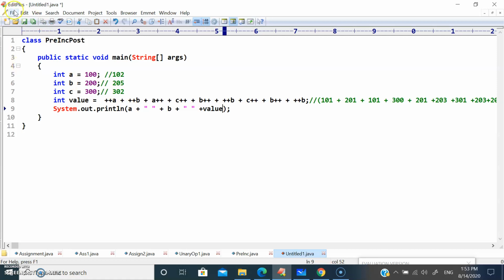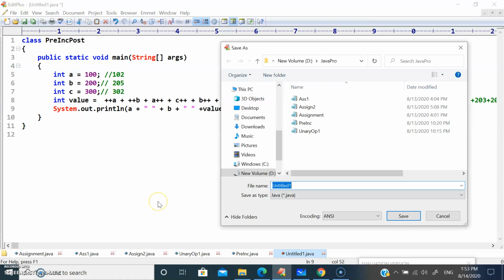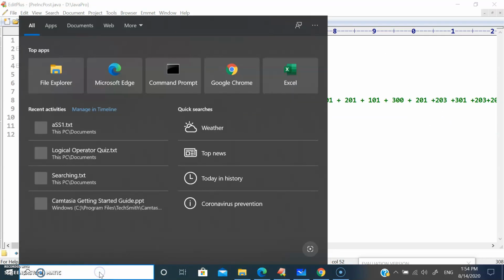So save as .java. Open your command prompt.